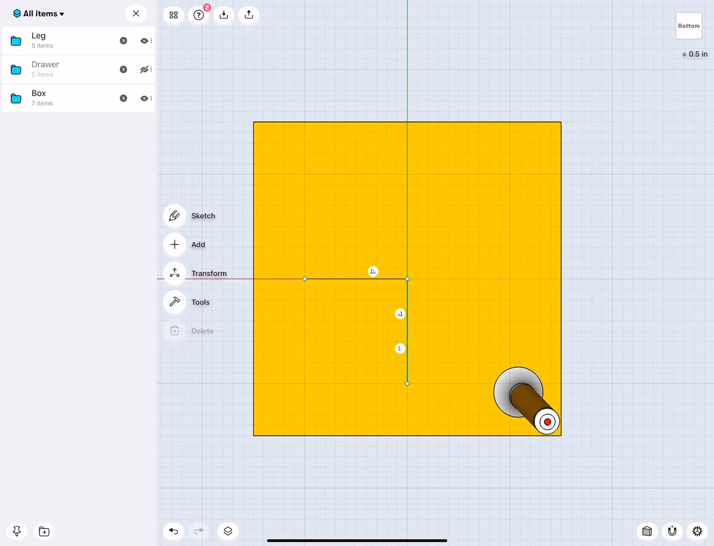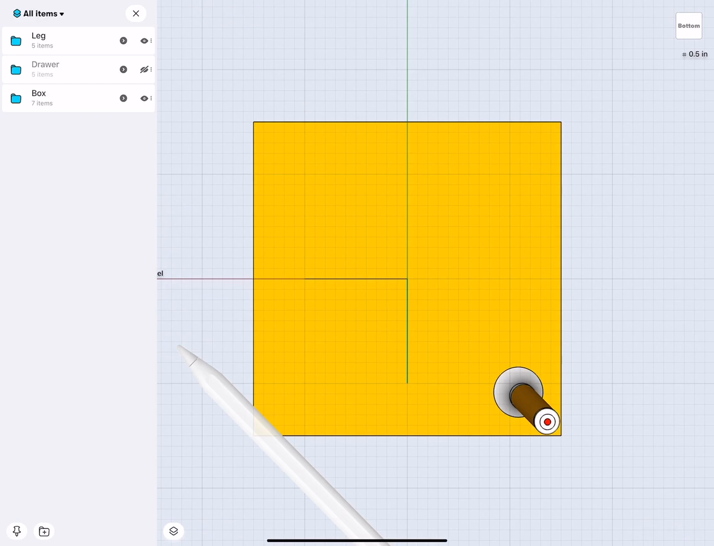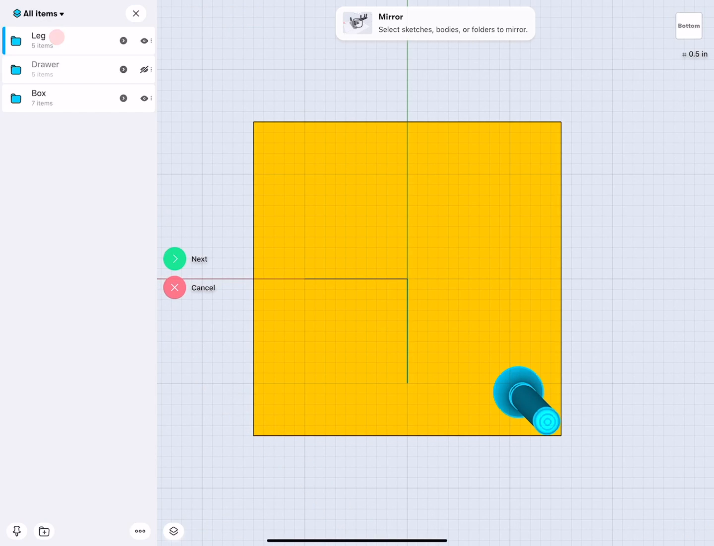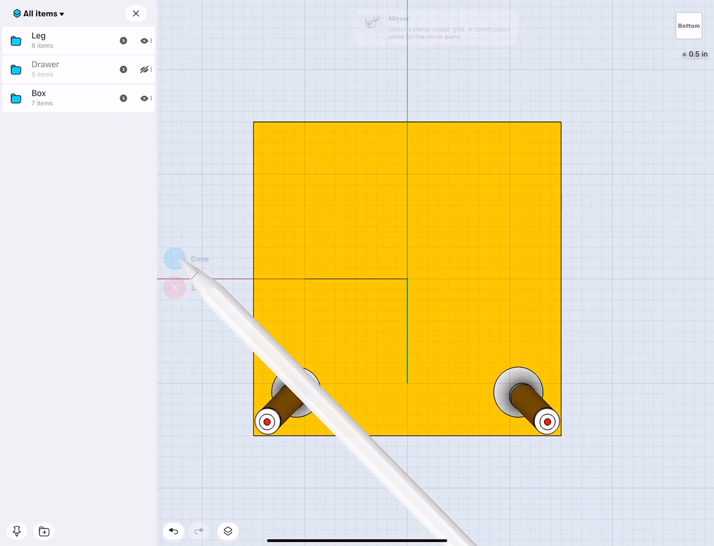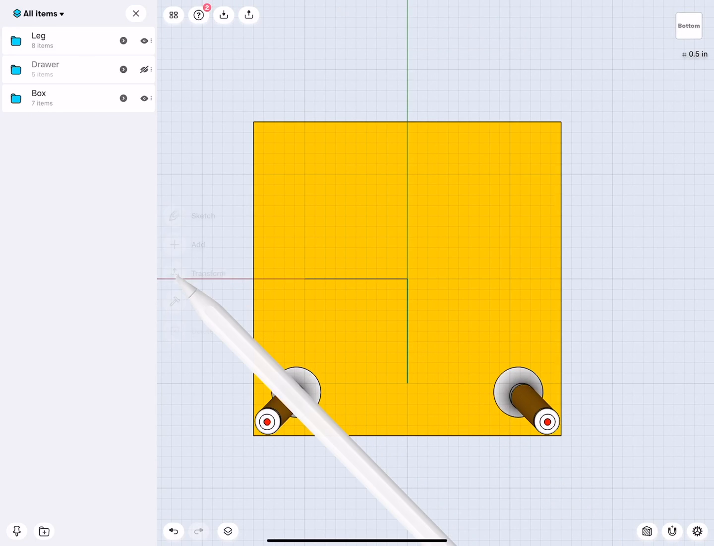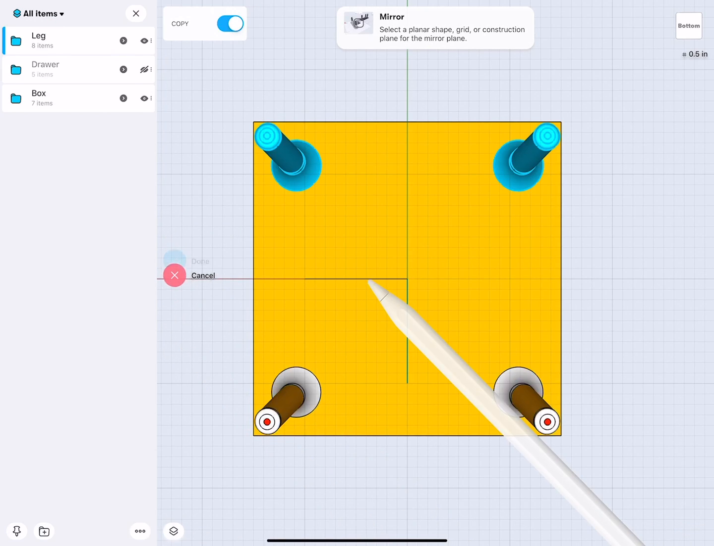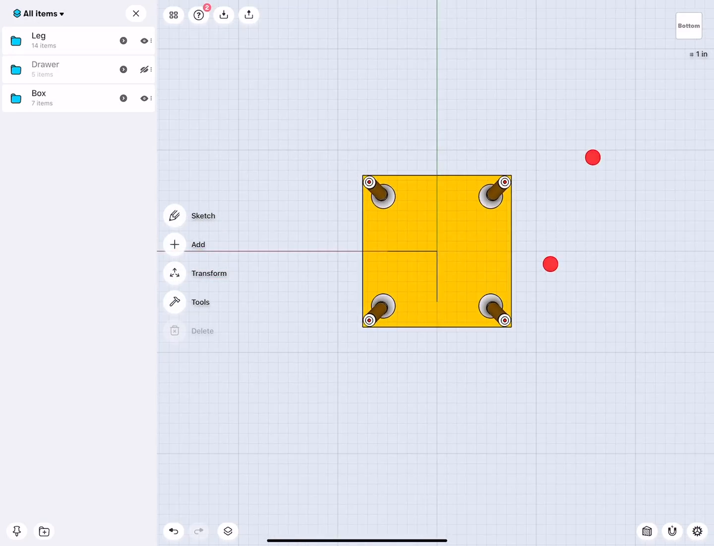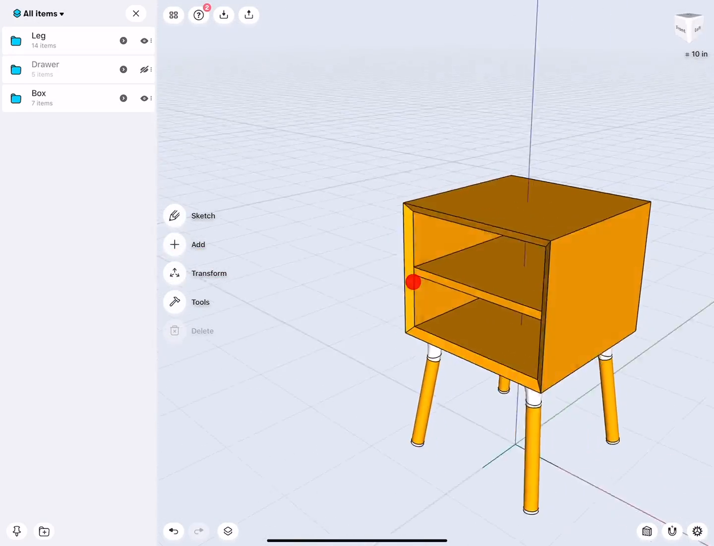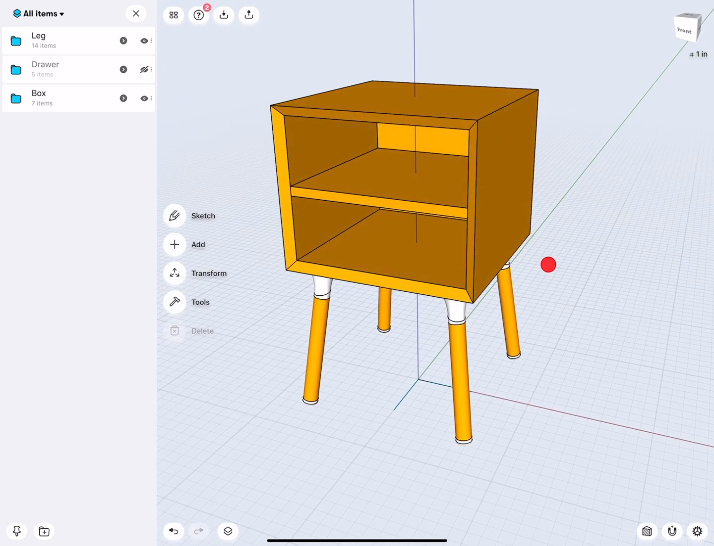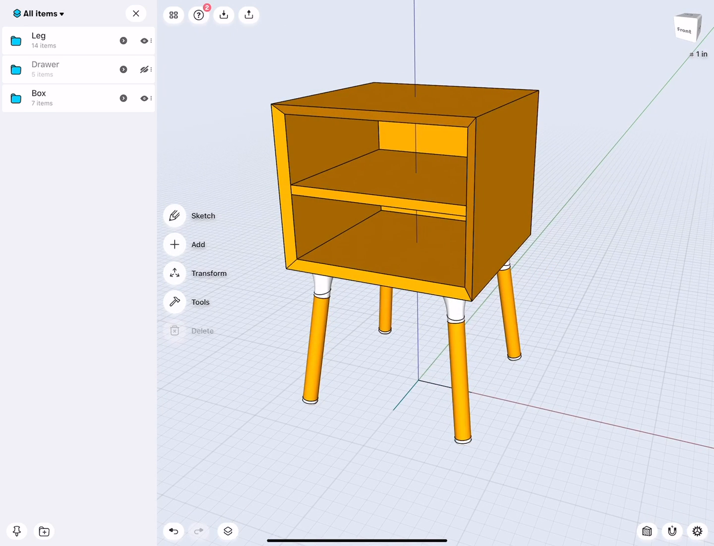So I go to Transform and Mirror. I can select the leg group, click next, copy is activated, click this line, click done. Cool. One more time. Click the leg group, next, select the other line, have copy turned on, done. Awesome. See, super fast. A little bit of pre-planning and understanding how you can position everything really is very beneficial,